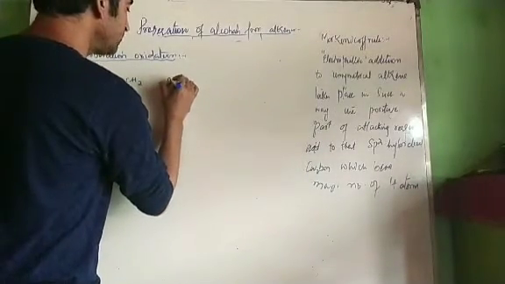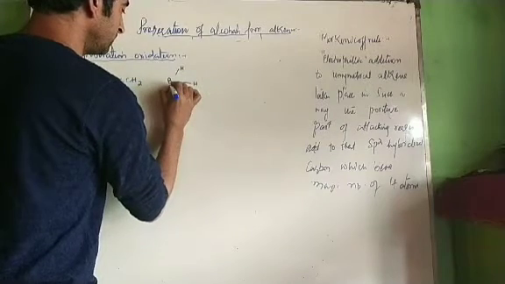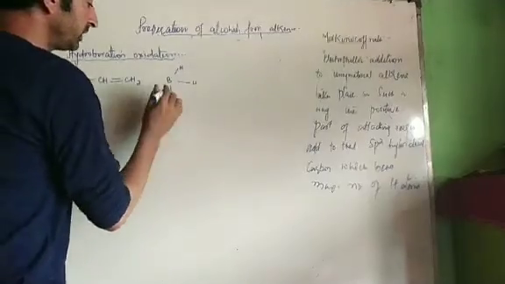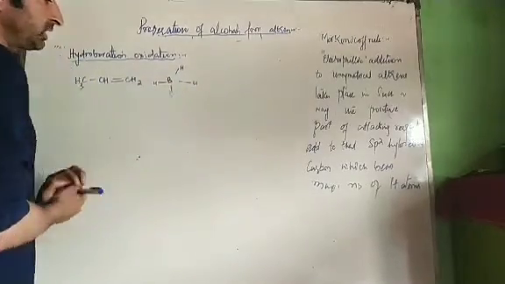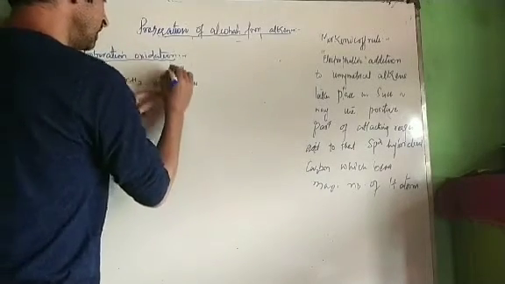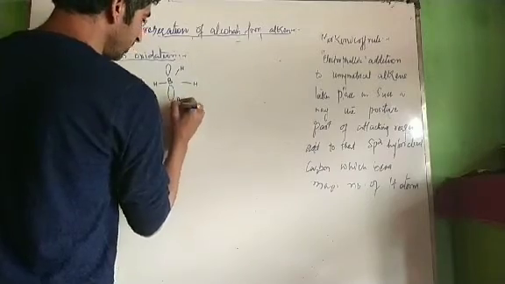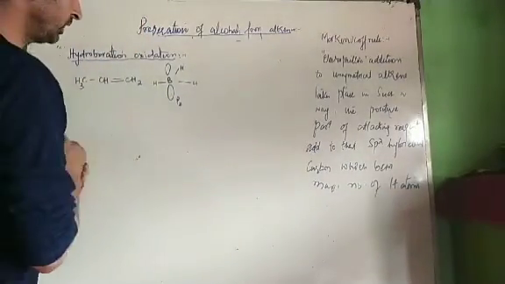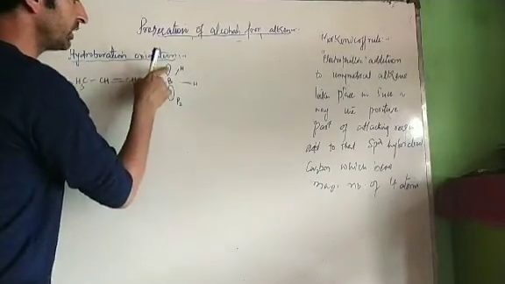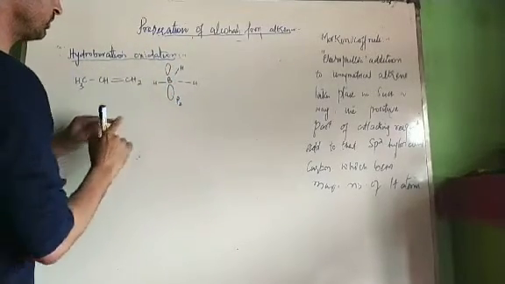Let us see. This is BH3, with B, H, H and H. I will draw it like this. BH3 contains 2, 4, 6 electrons. It's electron deficient. It has an empty vacant pz orbital, which can accept electrons. This means it is an electrophile. The electrophile adds to that part which bears the maximum number of hydrogen atoms.